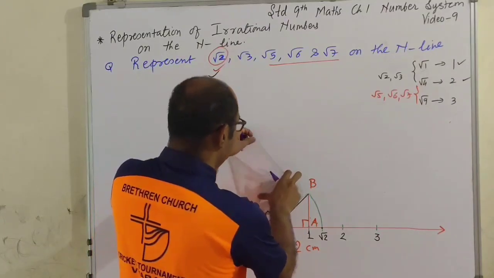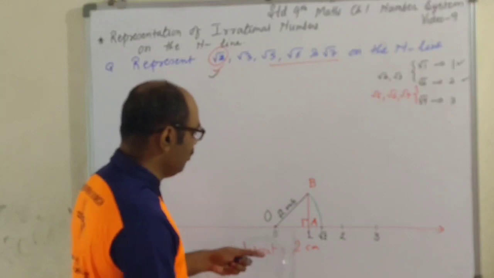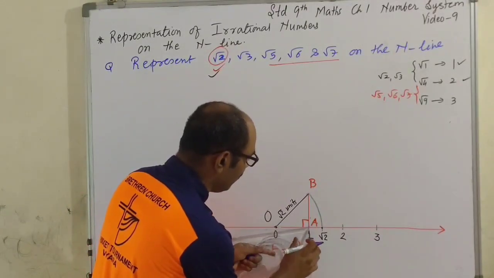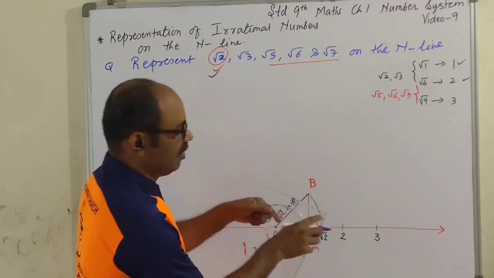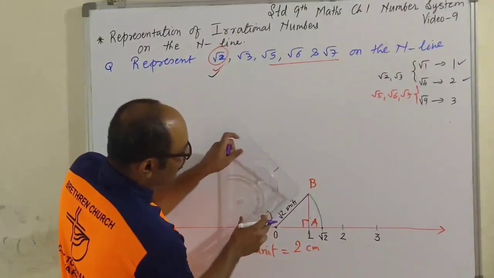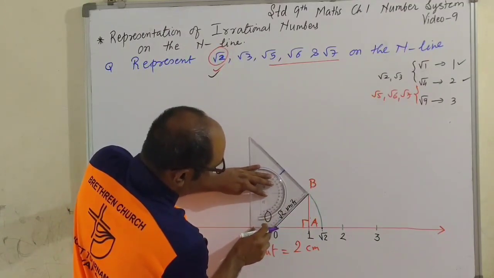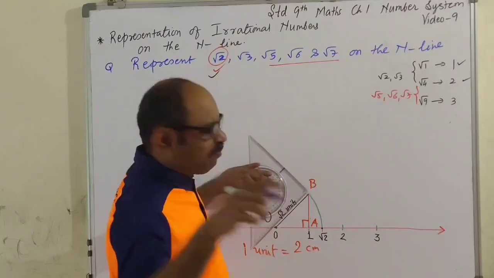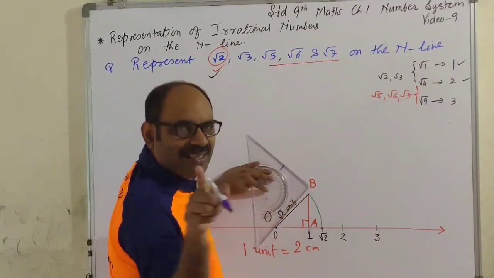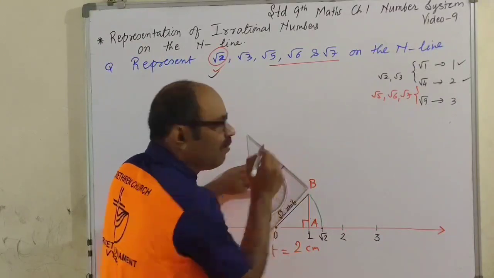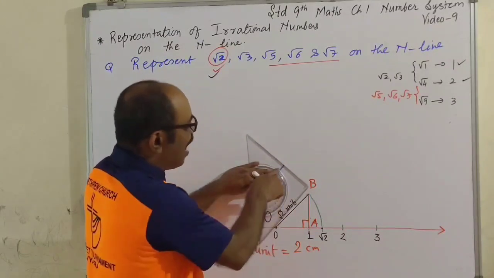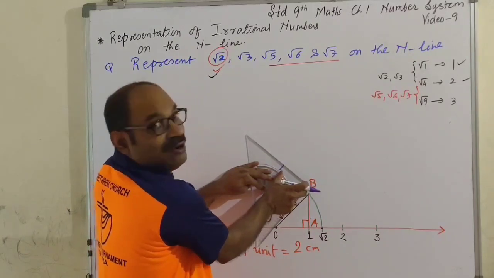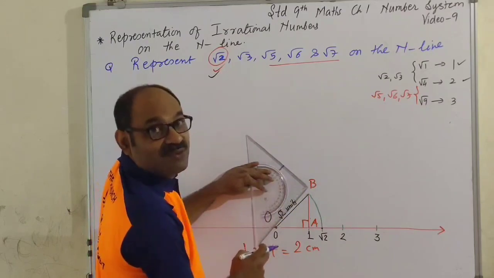Children, one more thing I'll do. This 1 unit, I'll mark it. From this point to here, this is 1 unit. So when I draw the 1 unit length, it will be very convenient for you. There is no need to mark. I'm marking just to show you. The 2 centimeter marking is already there on your scale, so extend only up to where 2 centimeter is. I marked this because my scale is a bit different, right? So here this is 1 unit. From here to here this length is 1 unit.